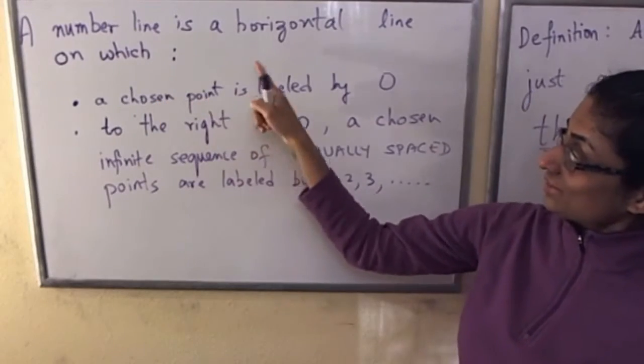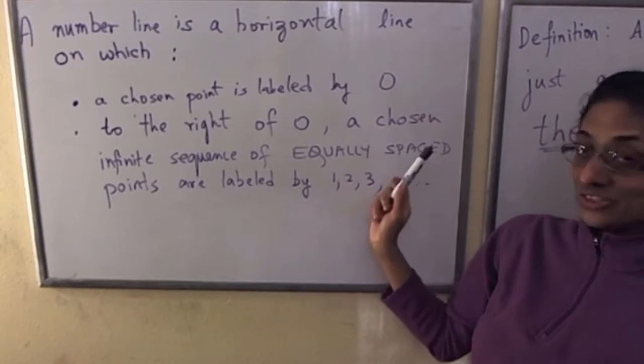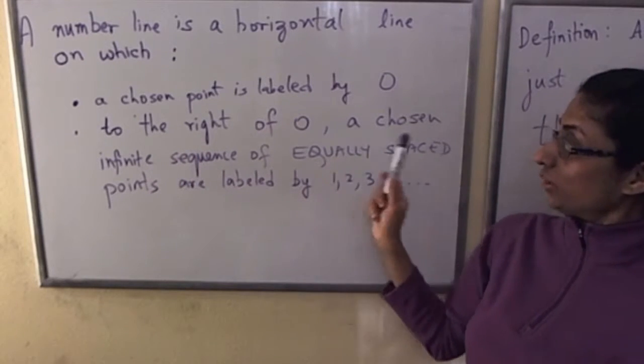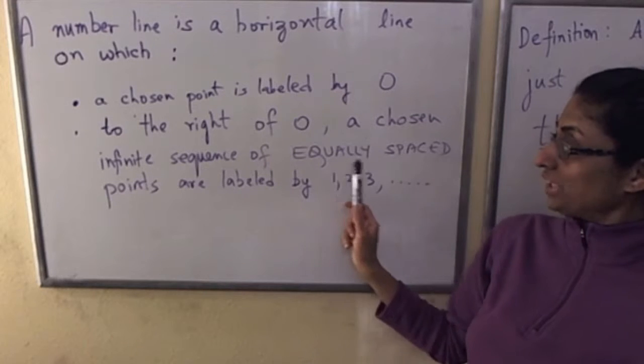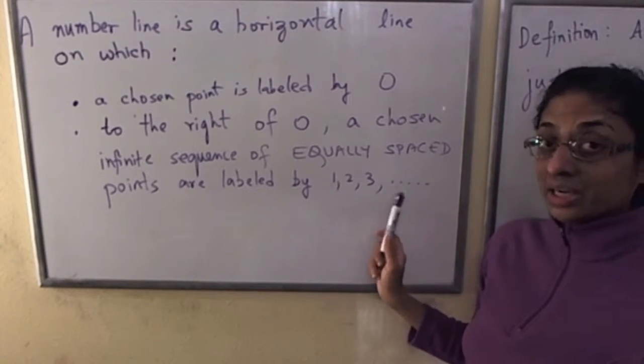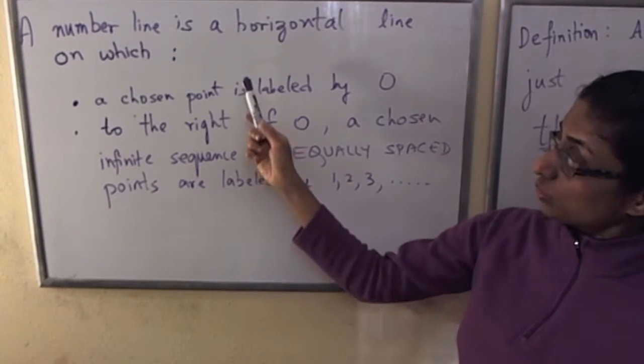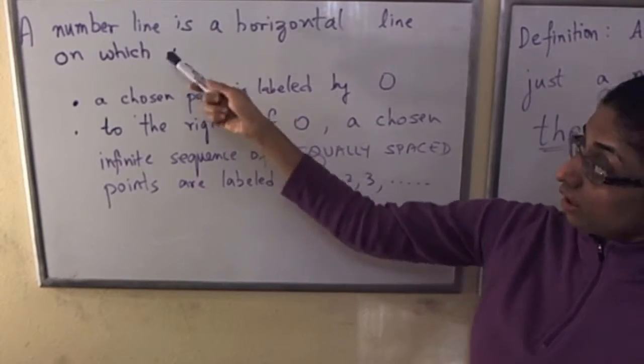A number line is a horizontal line on which a chosen point is labeled by 0. To the right of 0, a chosen infinite sequence of equally spaced points are labeled by 1, 2, 3, etc. I'm going to explain this to you as we move along, but let's start with drawing a number line using